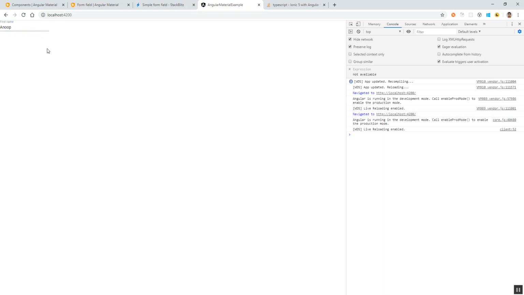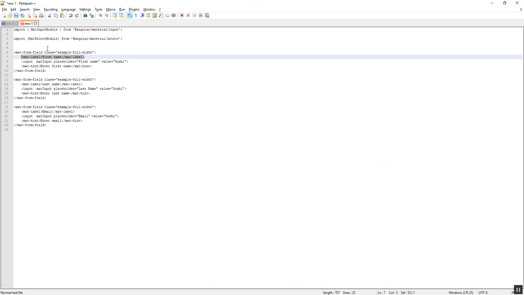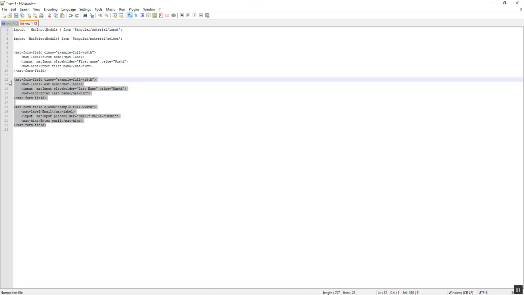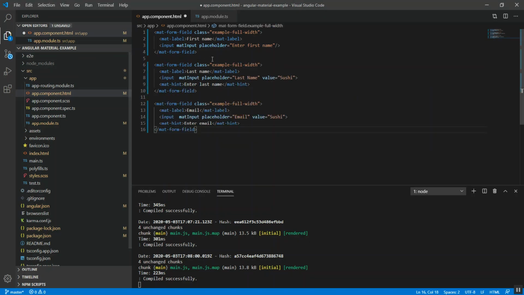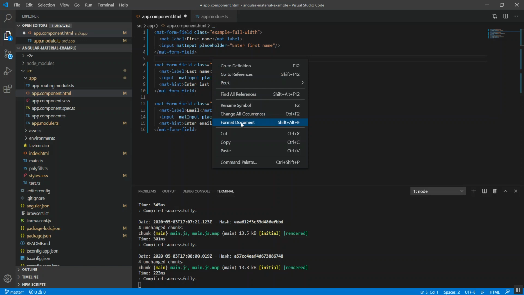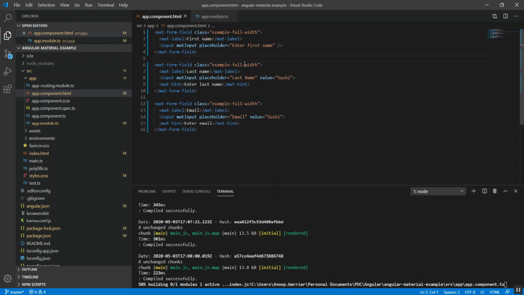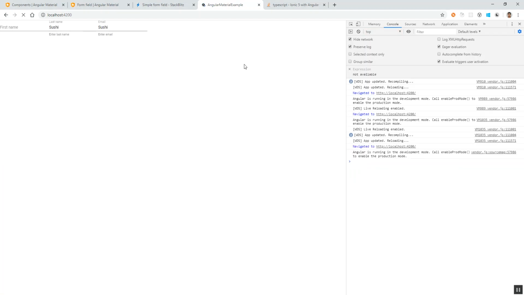Okay, now we'll add some more inputs like last name, then the email as well to our HTML. So let's check how it looks like. I'm saving this. Yeah, cool. So we have the first name, second name, last name.